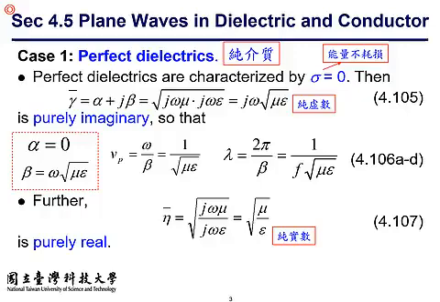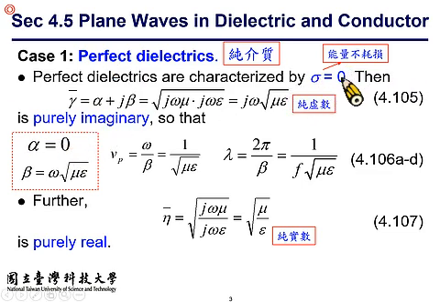Right, so let's take a quick review about the material properties. In section 4.5, we will look into a few cases, a few categories, and summarize the material property. The first case is the simplest one, that is the perfect dielectric, which has zero conductivity, which suggests that